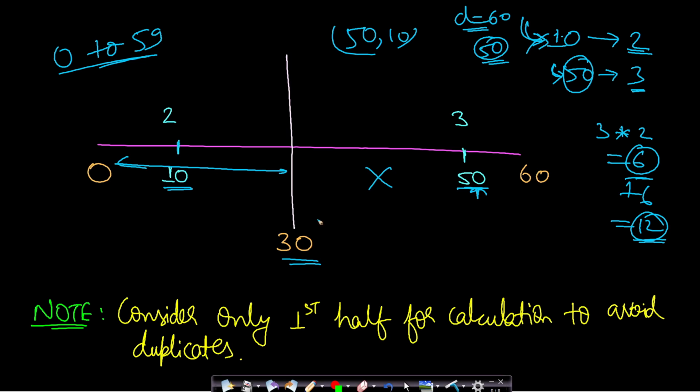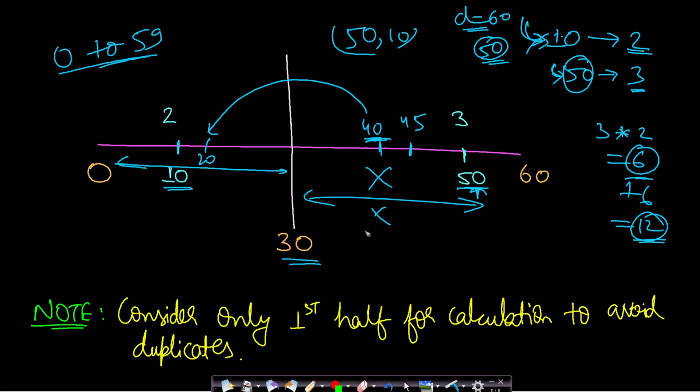We don't need to count this other part, because even though there are values in it, let's say this was 40 and this was 45, in order for this to exist there should be another corresponding pair on this side, which should be 20. So when we count from 0 to 30, this 20 will take care of this 40. So we don't need to do calculation on this part. This is one important observation to make. But we need to leave out 0 and 30 because they are special cases, so we will run from 1 to 29. So our first problem, which was counting duplicates, is solved.